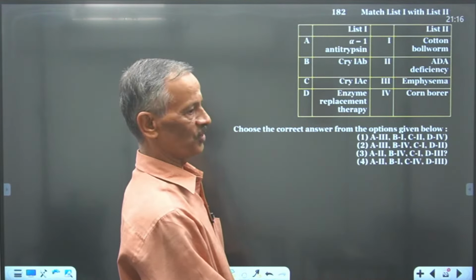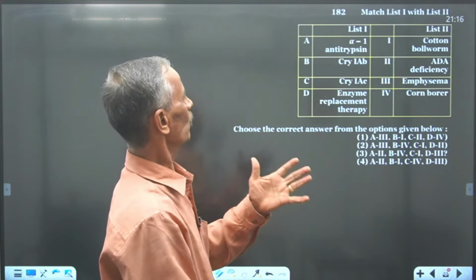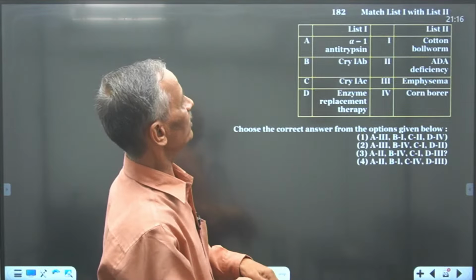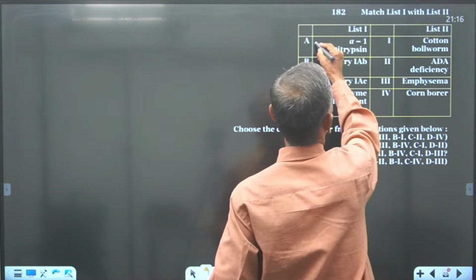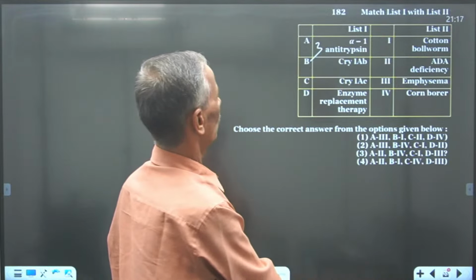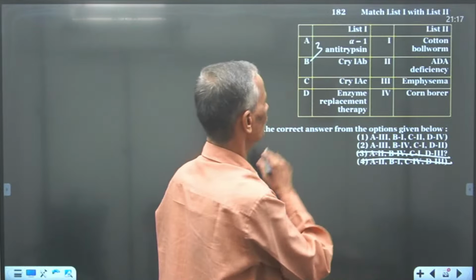Alpha-1 antitrypsin is used for boosting our immunity, so that we can fight against emphysema. So we are having two answers, A and B. Wait for that. Second one,